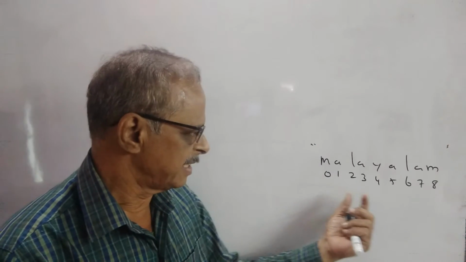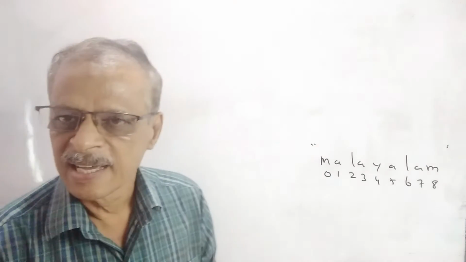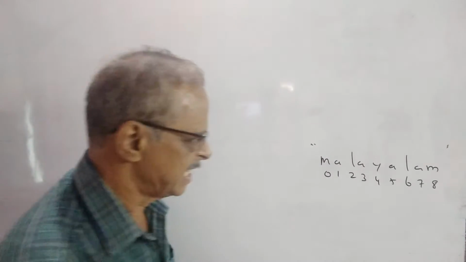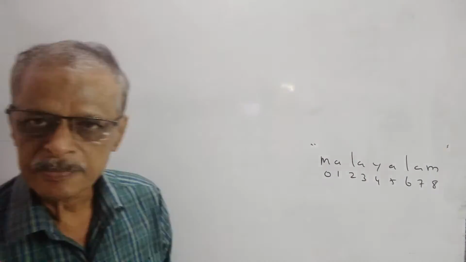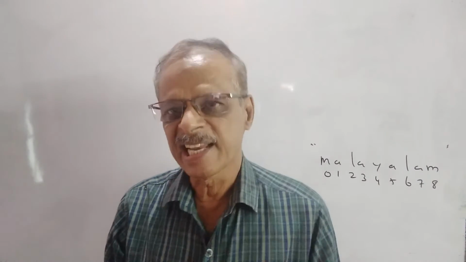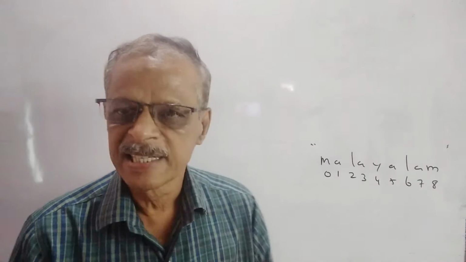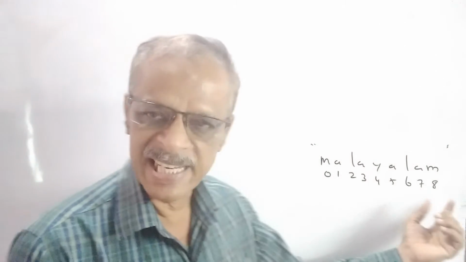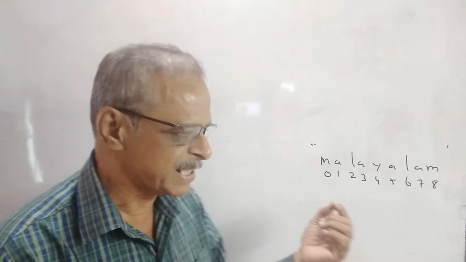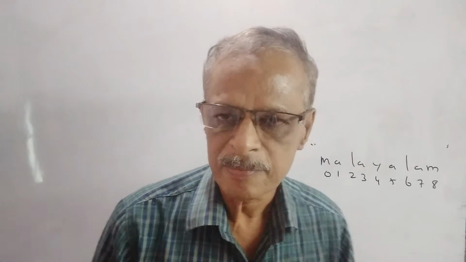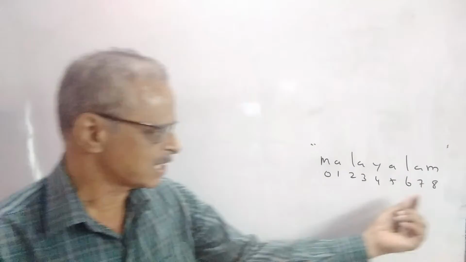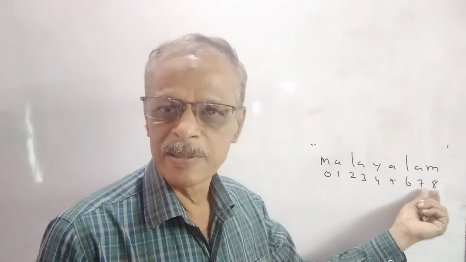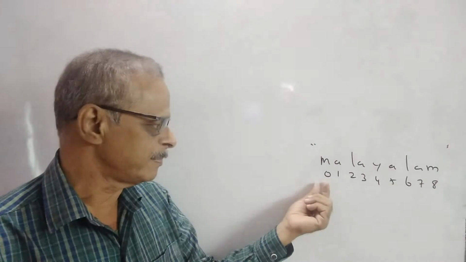Each and every character has one index in Python. The index starts from 0. In this case, the last index is 8. To write a generalized program, how do we calculate the last index? There is a method len using which we can calculate the length of the string. The length of the string represents the number of characters in a string. Since the index starts from 0, the last index is 8. The total number of characters, the length, is 9, and the last index is 8 because the index starts from 0.